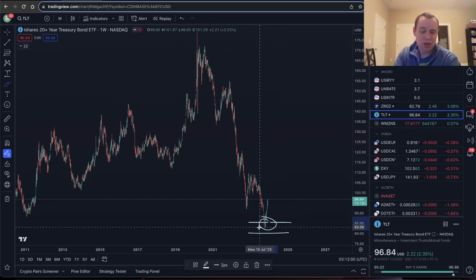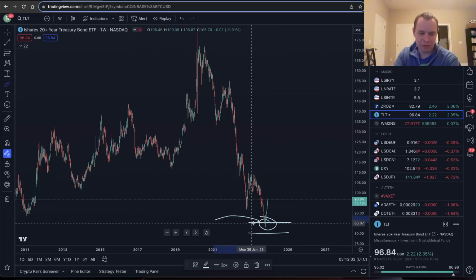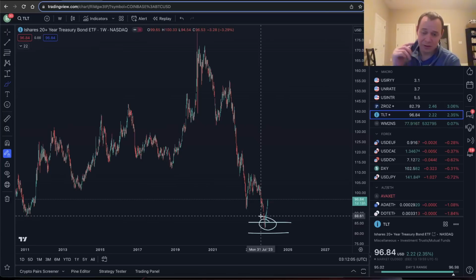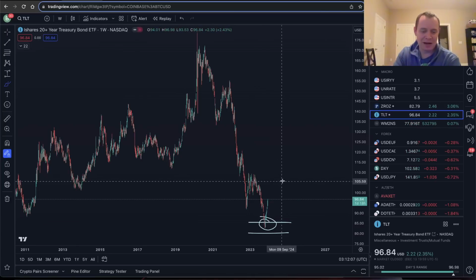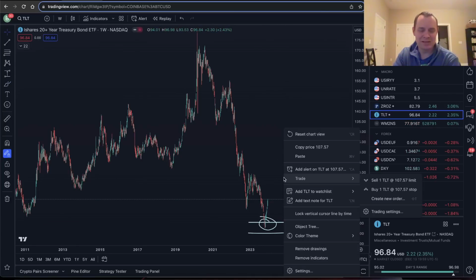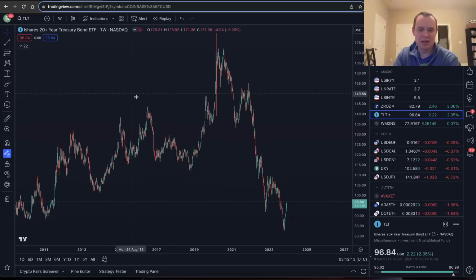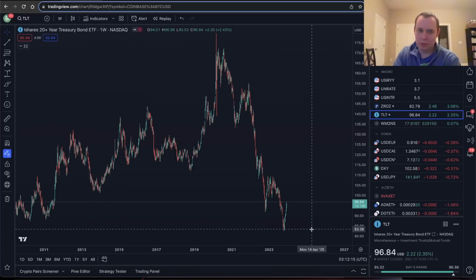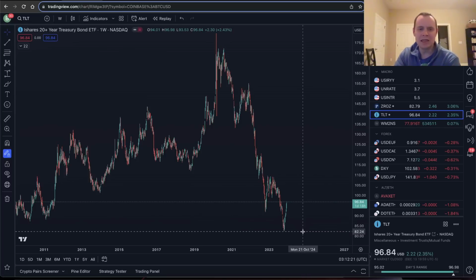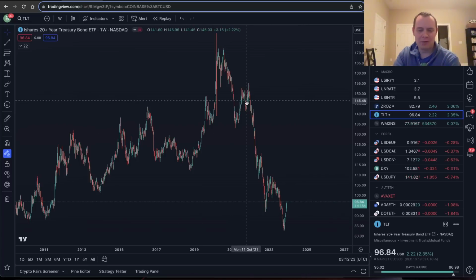So once we hit this level, my view has been that higher for longer has been priced in, and therefore locking in some of those yields was not the worst idea in my view, because there's a decent chance that we're going to be going back to some lower rates in the not so distant future. Now, what did Powell say that makes the market think that we are going back to